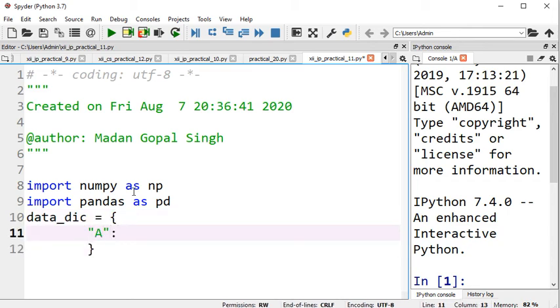In a column we will have, let's suppose, 10, 40, np.nan.